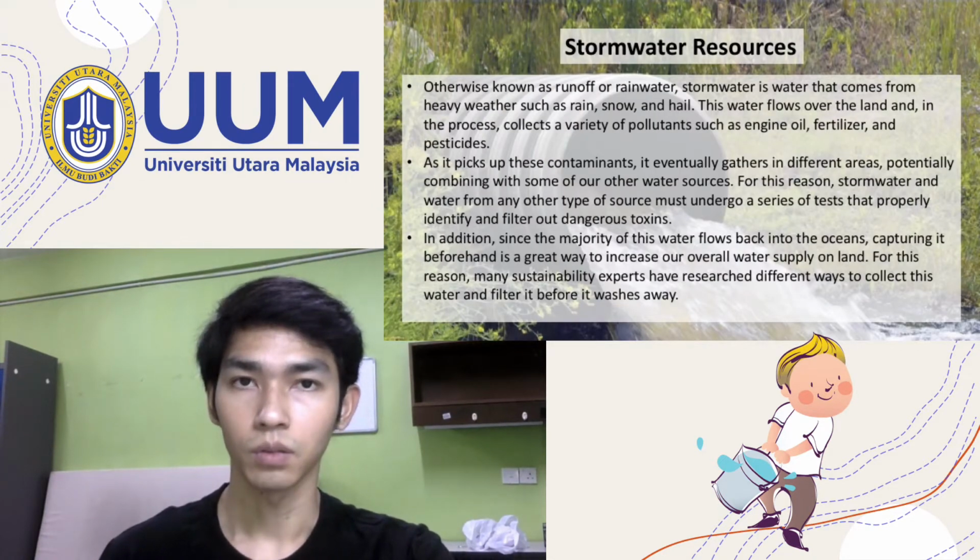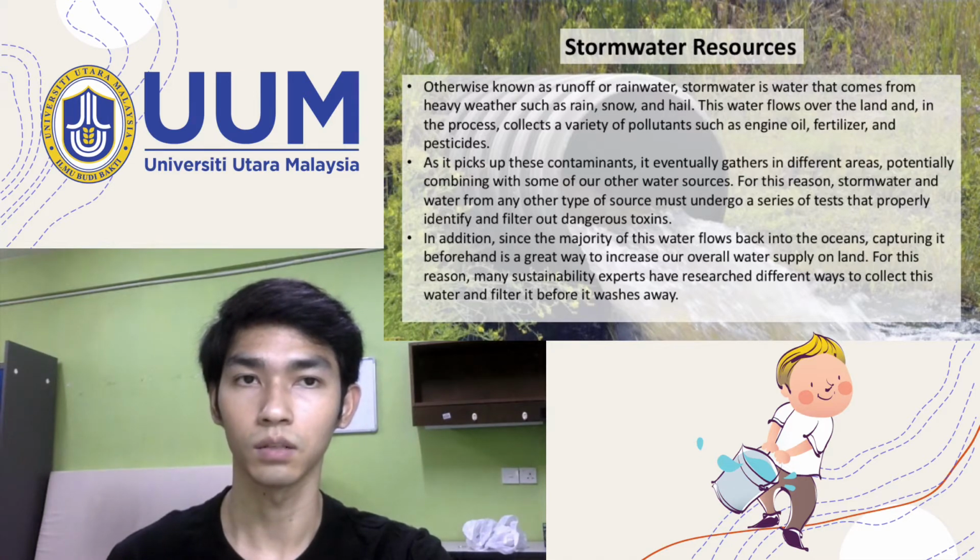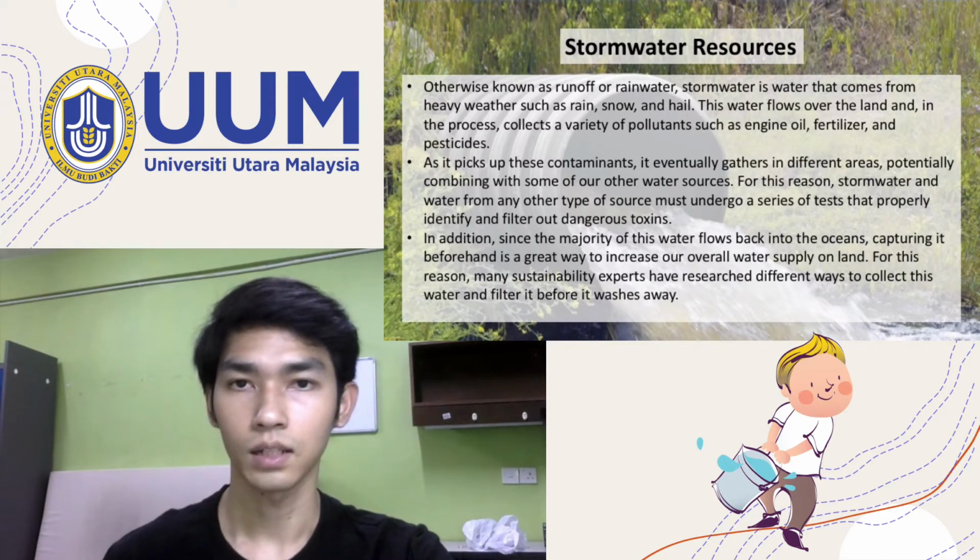So the next type of water resources is the storm water resources. Otherwise known as runoff or rainwater, storm water is water that comes from heavy precipitation such as rain, snow and hail. This water flows over the land and in the process collects a variety of pollutants such as engine oil, fertilizer, and pesticide. As it picks up these contaminants, it eventually gathers in different areas, potentially combining with some of